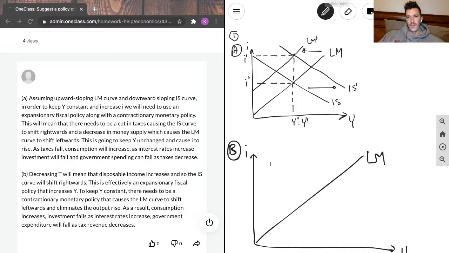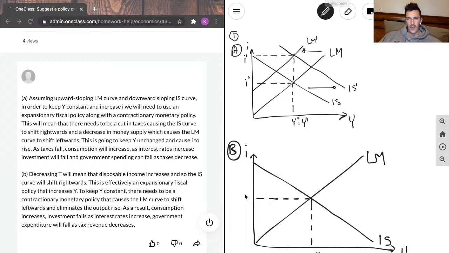LM curve here, and our IS curve here. Sorry, I didn't label the equilibrium. Where the LM curve crosses the IS curve, we've got Y star, equilibrium output, and I star,